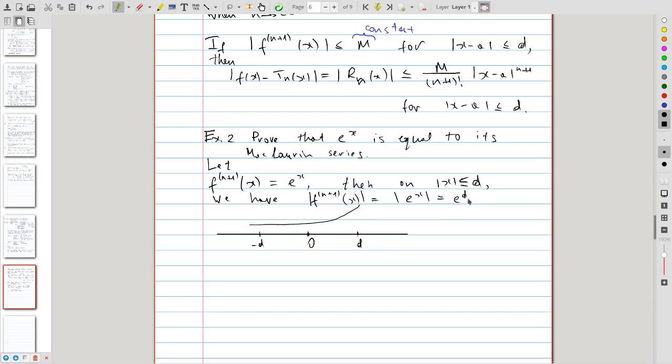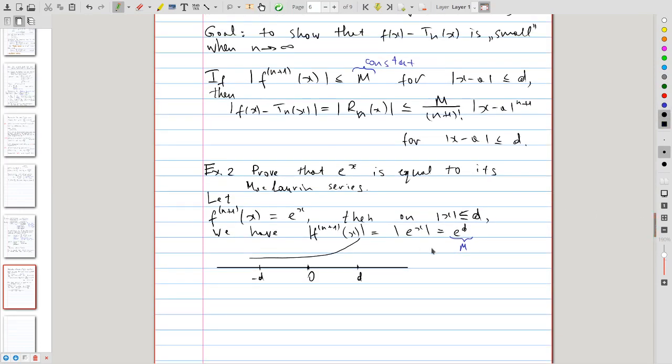And so at that point, it is equal to e to the d. And so that is the maximal value of the absolute value of f^(n+1) of x. So this number here will be our M. Right? And we therefore see that we have control over the n plus first derivative of f, exactly as we need for